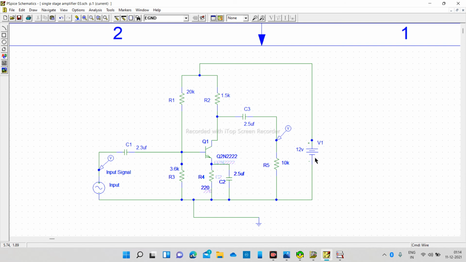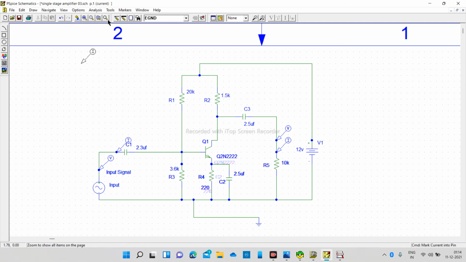Okay, so now we will check current. First of all, to check the current, just simply click here, this and this one.